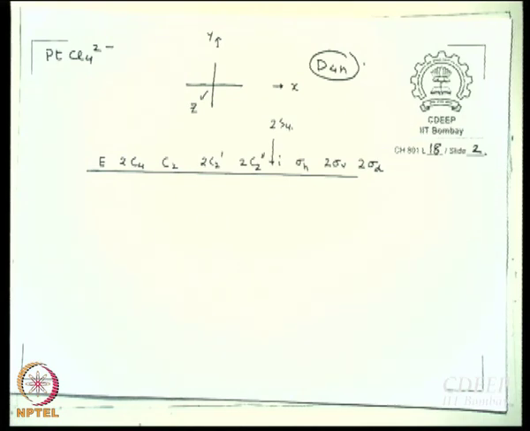I hope you have not forgotten what SLCs are. Do you know what SLCs are? Symmetry adapted linear combination. So it's basically a linear combination of wave functions or orbitals that are of a certain symmetry, right? And what we do using projection operators is that we try to project out these symmetry adapted linear combinations using the atomic orbitals as the basis. So the first step would be to name the orbitals.